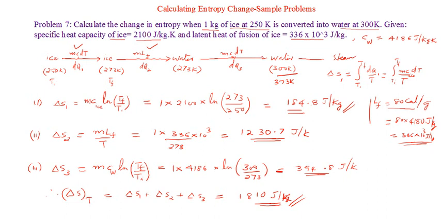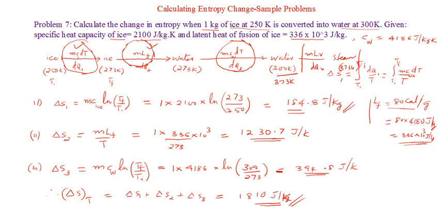once again M into L of vapor. Then you have to calculate some dQ4. And steam, if it is steam at 100 degrees Celsius, then it will be 373 Kelvin. Otherwise you have to do one more stage, dQ5 with MCdT once again, right? So depending on the problems, I hope you know how to do that. In the previous problem, we did this part, this part, this part individually. Now it's a comprehensive problem involving continuous change of state. So I hope it will give you some idea about what we are doing.